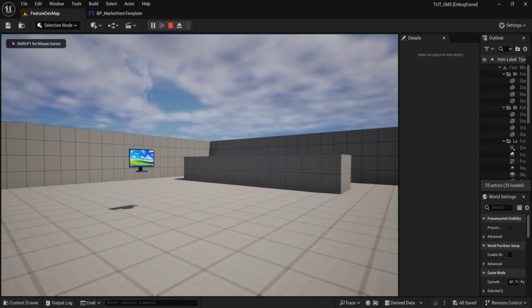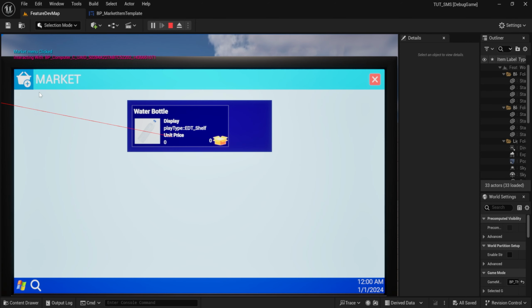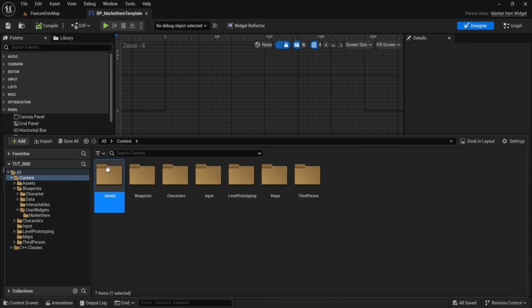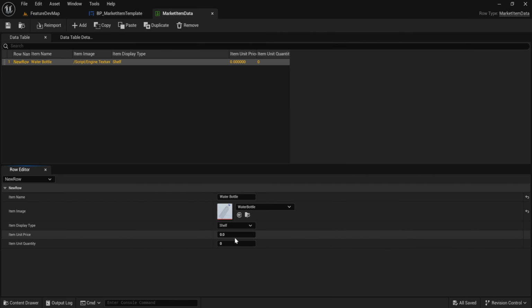Now let's try playing the game. Open the store. The water bottle unit price, have we not set the unit price? We haven't. Unit price, let's set this to 2. And the item unit quantity, that means if we purchase the water, how many water bottles are delivered inside one box. Let's keep that 25. And item unit price is 2, which means the total will be 25 into 2, which is $50 for one